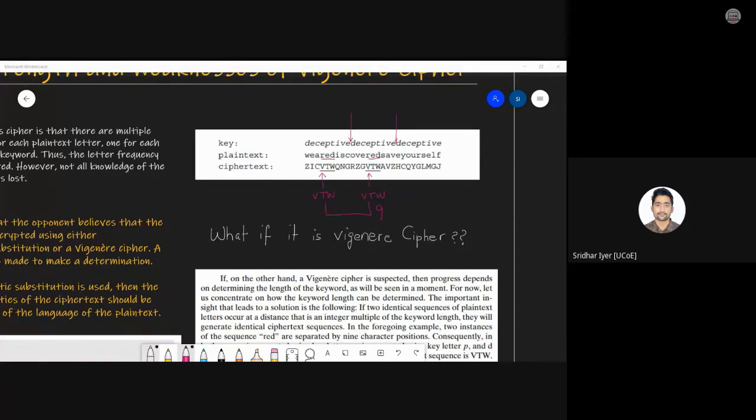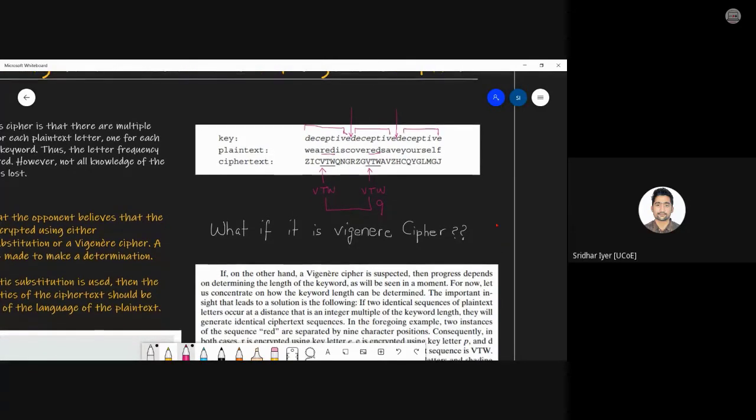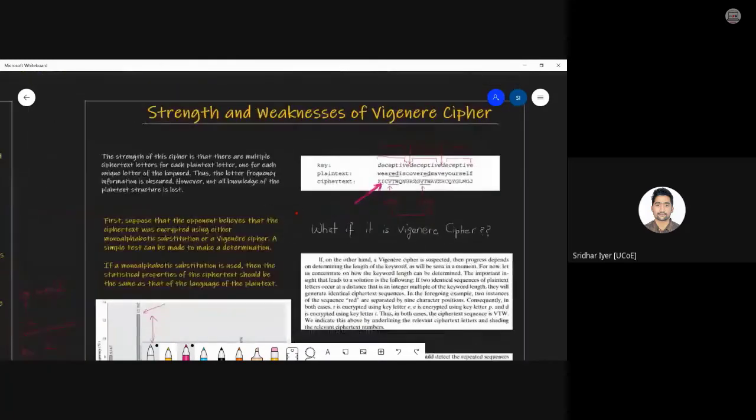Am I clear? Fine. So now we came to know that the length of the key is 9. So after every ninth interval, the key starts repeating. Now what should we do? Any idea? Now we can simply break those characters into groups of 9. Now we have got access to the ciphertext, and we know that the length of the key is 9. Yes or no? Now we will revert back to the first method.